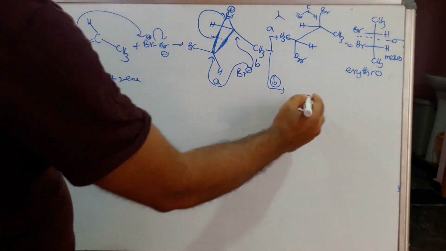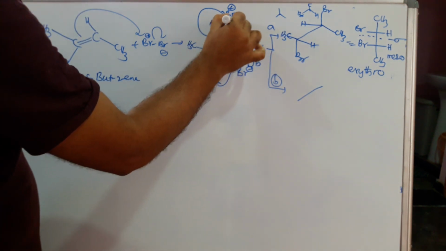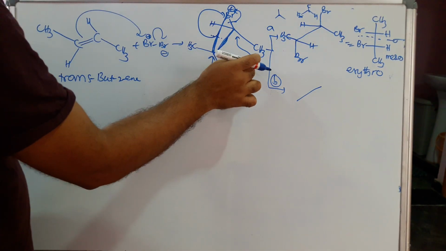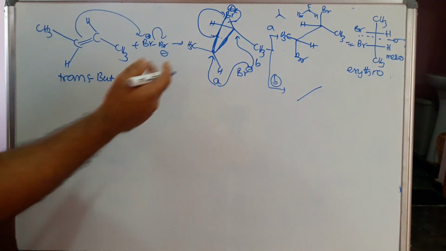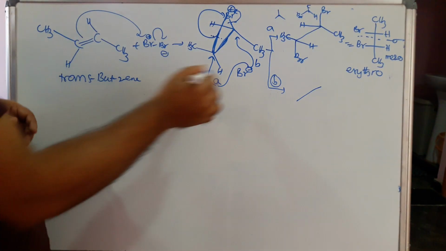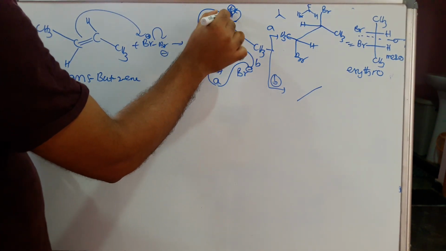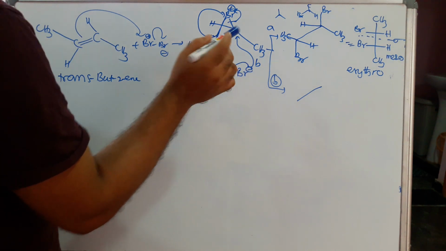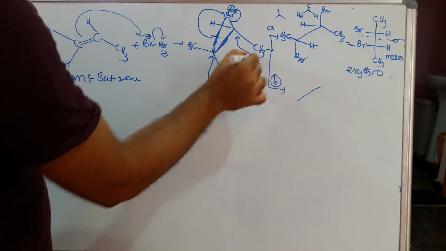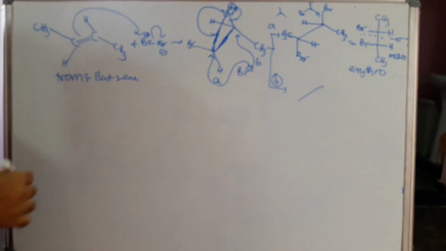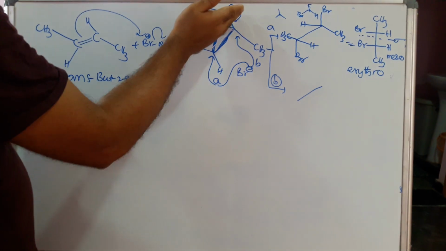Then we will just write here. This is a carbon-carbon line here. Then this bond will break when path B is there. Because B attack here means automatically this bond will break. Because carbon has how many bonds? 4. If it does not break, this is one bond, second bond, third, fourth, and the total should be 5 bonds only. 1, 2, 3, 4 are there. If it attacks, this is the fifth bond. That is not possible. That's why when this Br minus attacks, this bond should break.